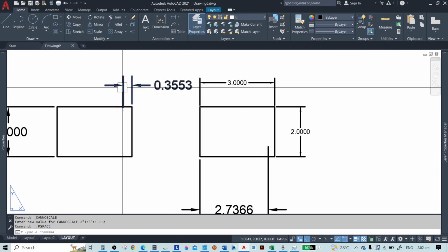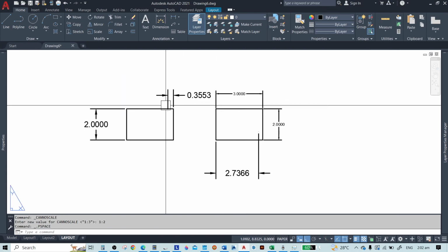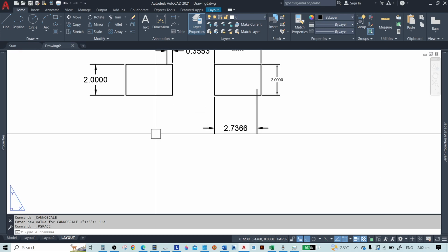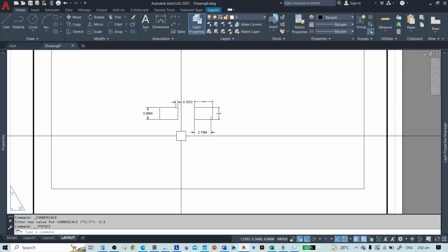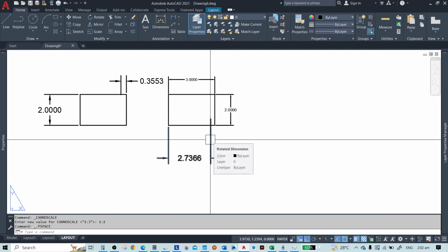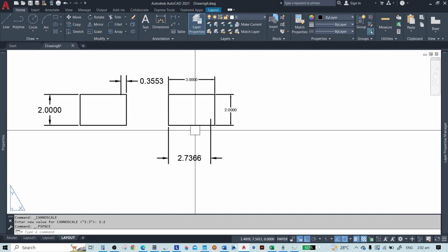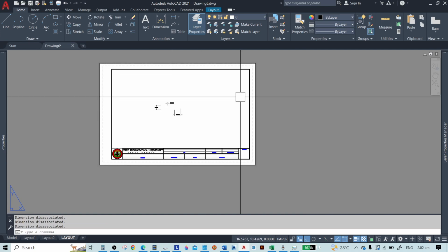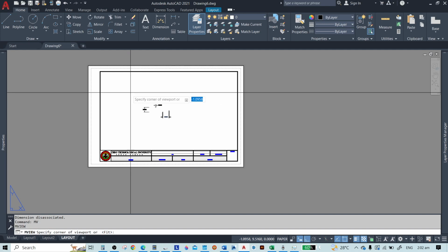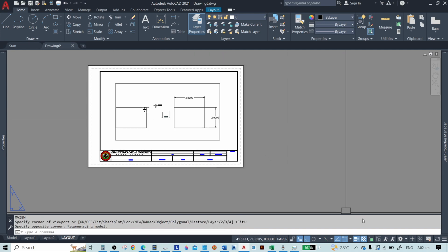So this can happen. That's why this is not that convenient, because let's say for example we delete this viewport, and then we made another one again in 1:2.